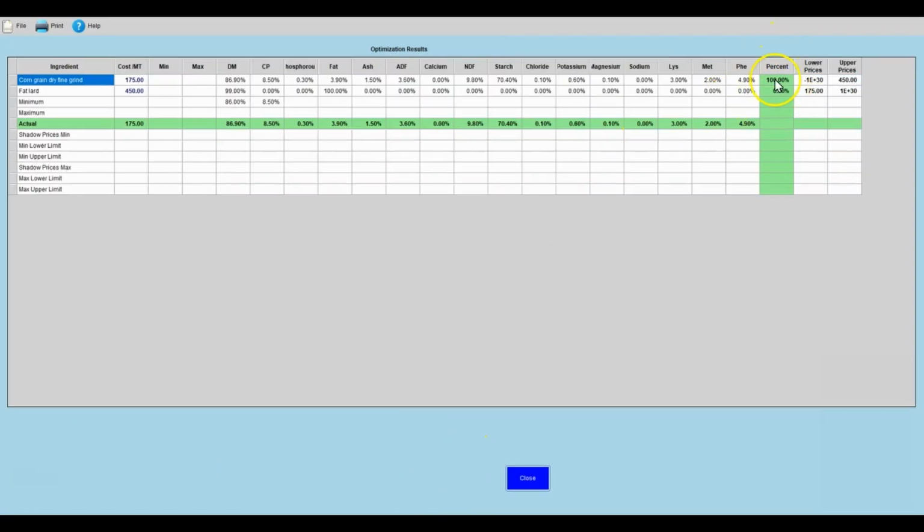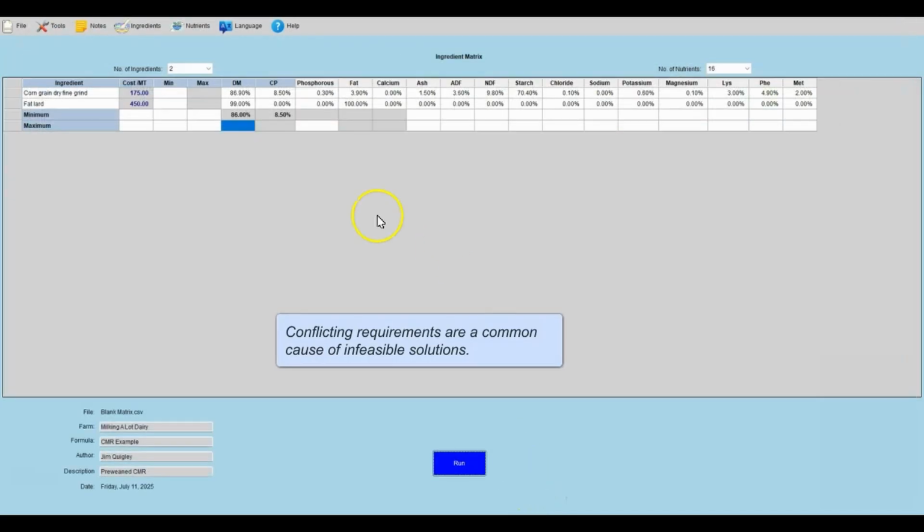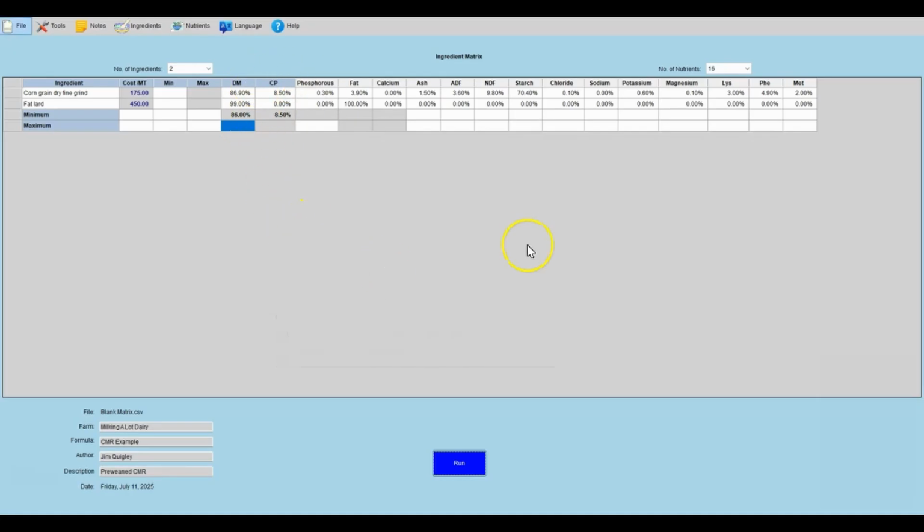This illustrates an important point. Infeasible solutions often result from the interaction of constraints, not from any single requirement. Now I'll add an ingredient constraint and limit corn to a maximum of 50%. To meet protein and dry matter, the solver still needs 100% corn, but that violates the ingredient maximum, so the